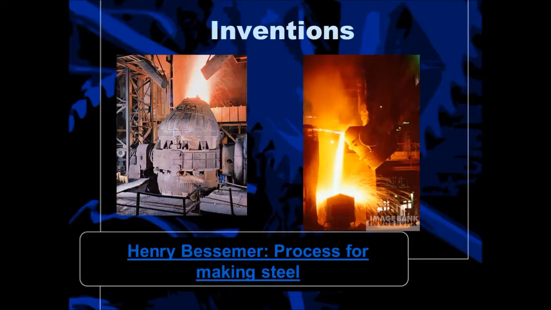The Bessemer process for making steel also had a huge effect on pretty much everything that you can think of. The Bessemer process was developed in England, and it's a way to melt steel, so that all you have to do is create a mold of whatever it is that you want, whether it's a railroad tie or a beam in a building or a horseshoe or whatever it is that you want.